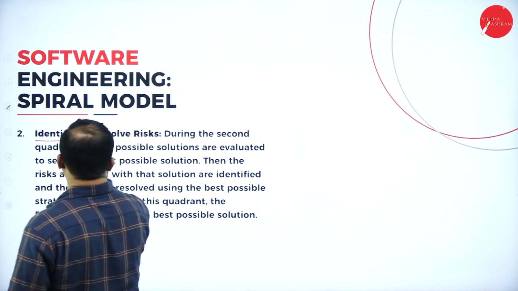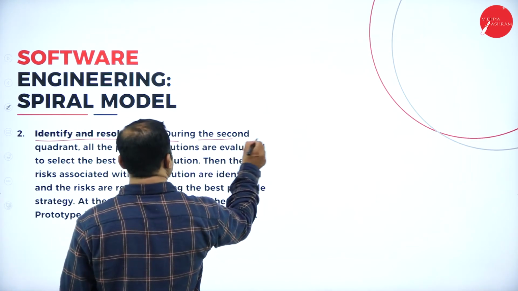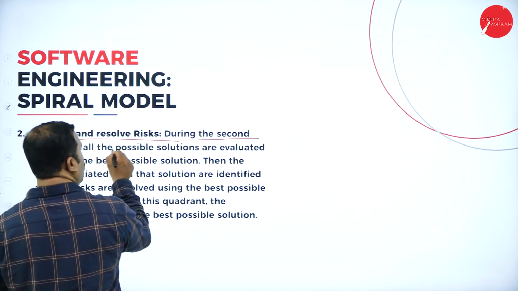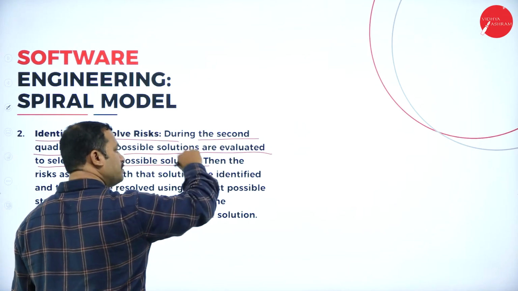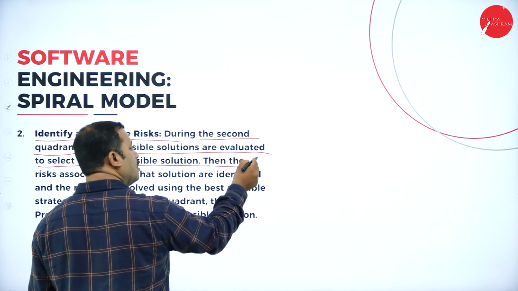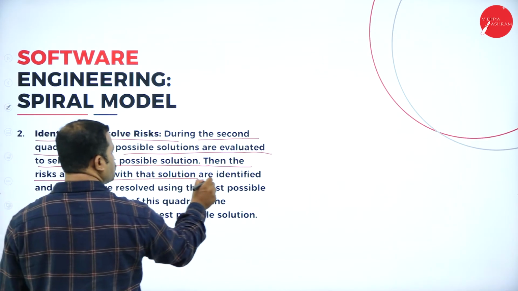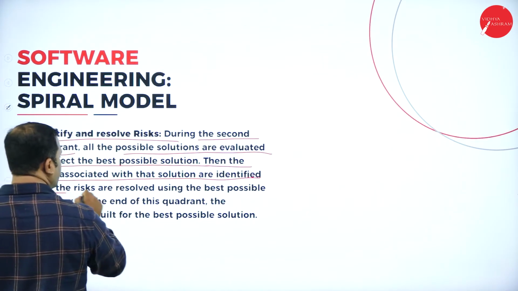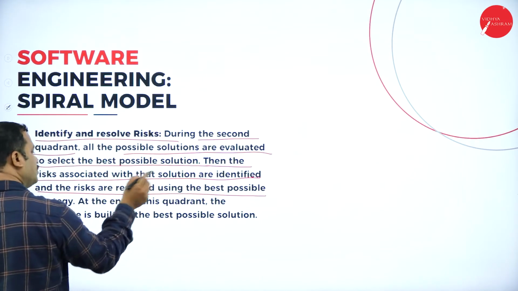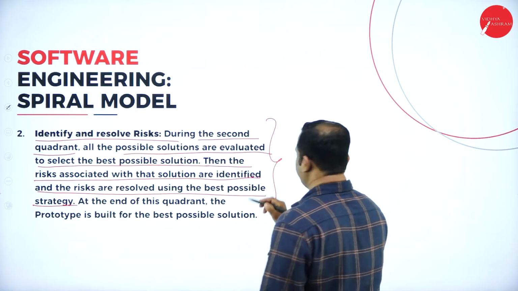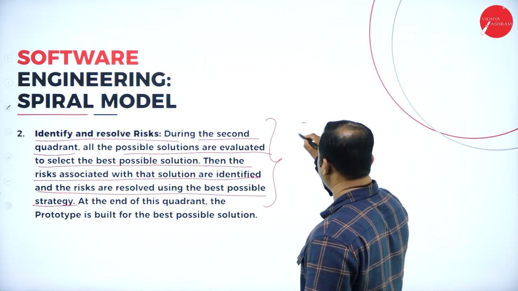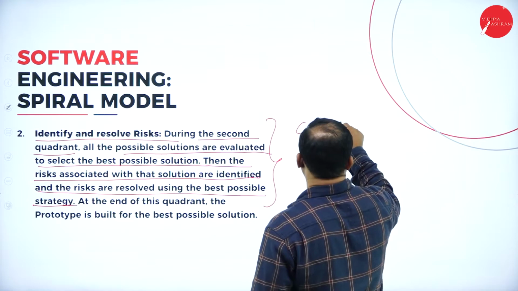Second, identify and resolve the risks. During the second phase or quadrant, all the possible solutions are evaluated to select the best possible solution among the available options. So the risks associated with these solutions are identified, and the risks are resolved using the best possible strategy. As I have already told you, with the help of a spiral model, you will be able to